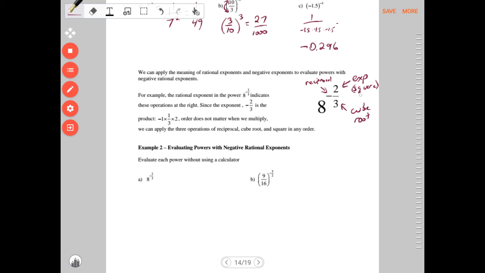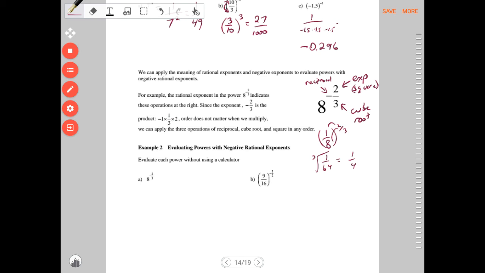So there are 3 math operations going on here. There's a reciprocal of the base, so this is going to be 1/8 to the 2/3. Then we square this: square, square, so that's going to be 1/64, to the cube root, which is just 1/4. Again, not a huge deal, but since the exponent negative 2/3 is simply -1 times 1/3 times 2,